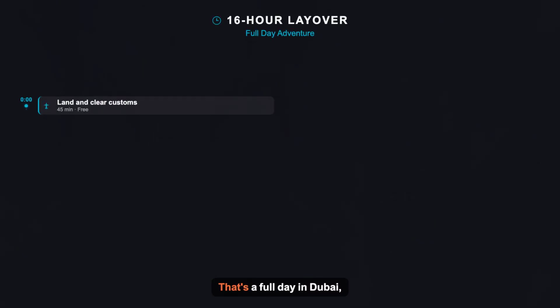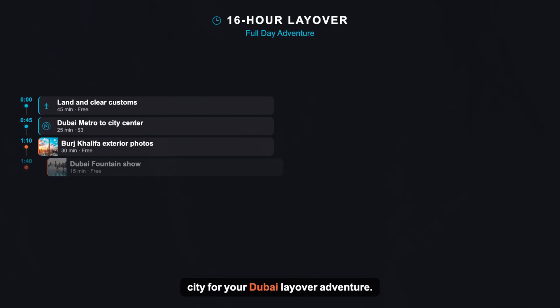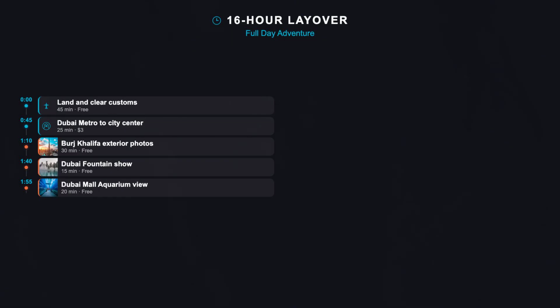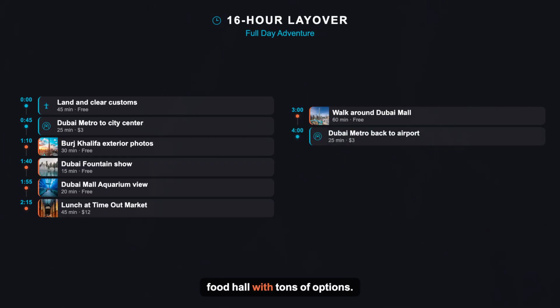16 hours, that's a full day in Dubai. Perfect for a layover at Dubai Airport with serious exploration time. Clear customs, then metro into the city for your Dubai layover adventure. Start with Burj Khalifa photos and the fountain show, then explore the Dubai Mall Aquarium from the free viewing area for 20 minutes. Next, have lunch at Time Out Market in Souk Al Bahar, a food hall with tons of